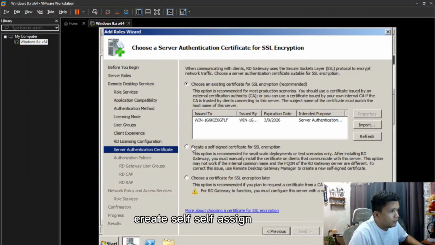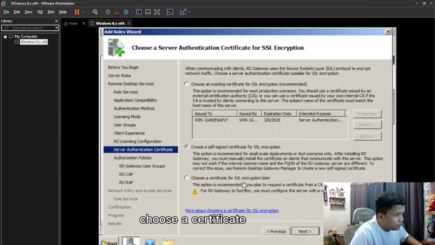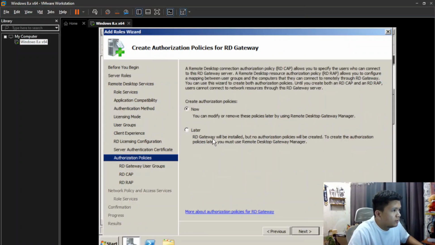Create self-assigned. Choose a certificate. Choose a certificate for SSL encryption later. Later.